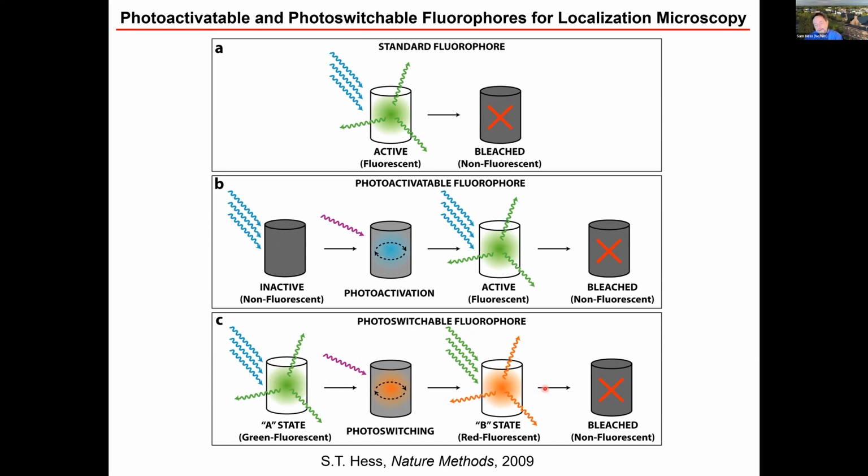We could use something which goes from dark to bright, or something which goes from one spectral region to another. For example, a photoswitchable protein, or photoconvertible, as some people call it, which starts with a green spectrum and is then converted to a form with an orange emission. And thus, in the orange channel, it goes from dark to bright, but in the green channel is visible for most of the time and can be imaged with conventional methods.